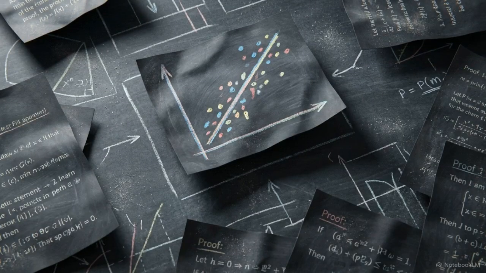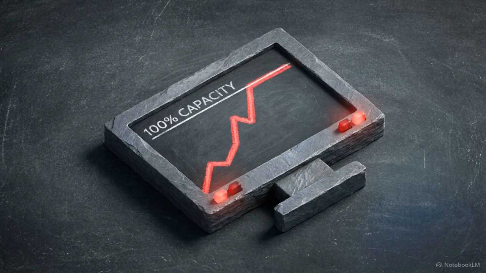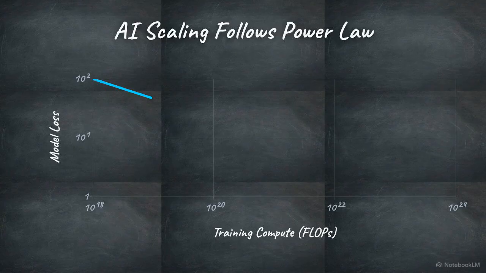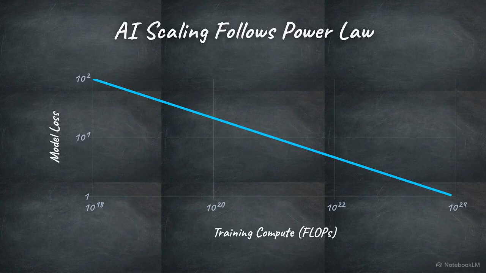The rule is absolute. If empirical data forms a straight line on a log-log plot, it is categorically a power law. The system is governed by scale-invariant proportional limits, not an exponential explosion. This is a standard chart reflecting the chinchilla scaling law, plotting AI training compute against model loss. If you look closely at the tick marks on both axes, you will see they are spaced logarithmically. We are looking at a log-log plane.